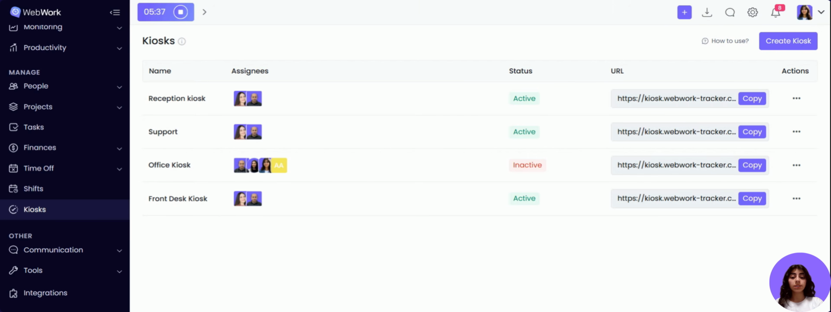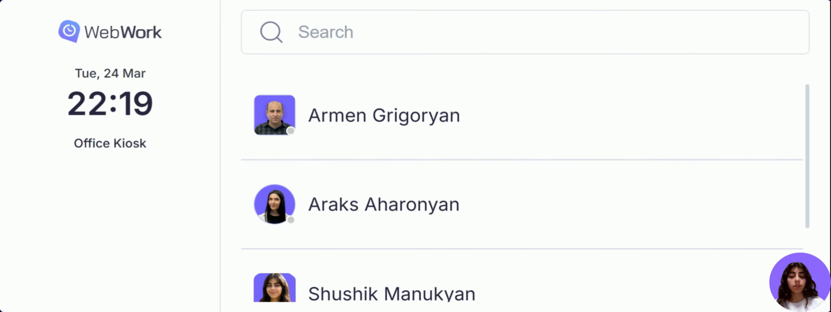When you have successfully created the kiosk, you can access it by copying the relevant link, for example this one, and pasting it into the browser. You can see the assignees in the right part of the screen. The member who is tracking should click on their name, write their PIN here, after which they will see the